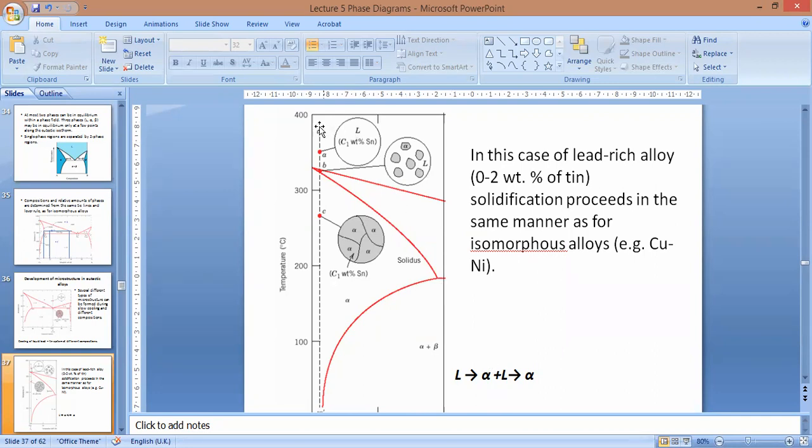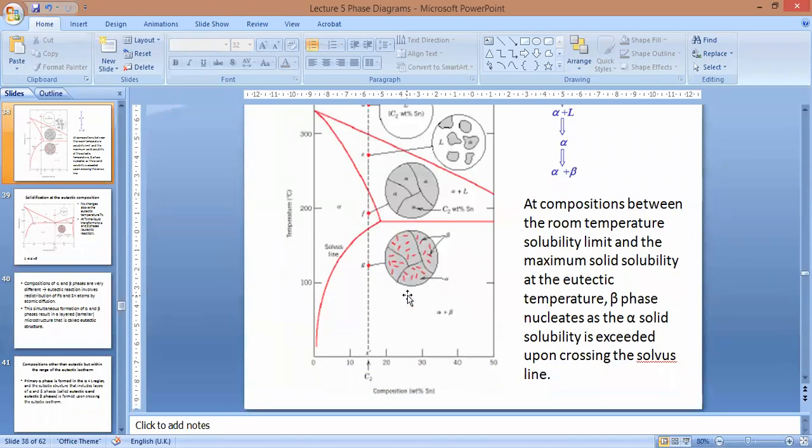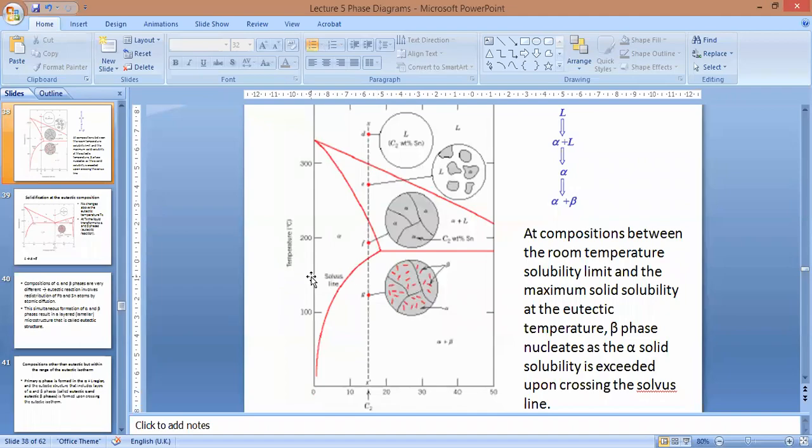So we moved from L, the liquid phase, as it was cooling at this composition, to alpha plus L, which is at point B. Then finally, we came to the alpha phase, the solid phase. So solidification proceeds in the same manner as for an isomorphous alloy, for example copper and nickel. Okay, coming to this one, it's the same alloy, except now we've moved where